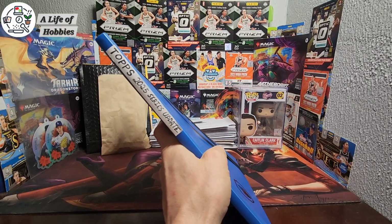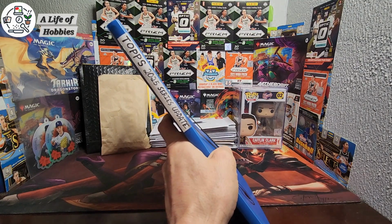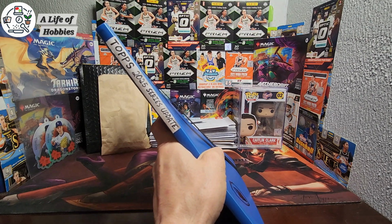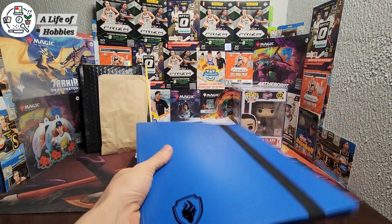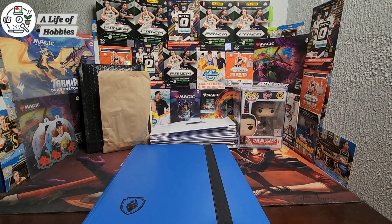Now, as for this last one, this is my Topps 2025 series update, and they actually changed it on me because I made this binder before the set got released, and they changed the name to Update Series. Now in 2024 it was Series Update, but as you can see there's nothing on the front of that, and that's because we have coming up here, as soon as the mega boxes get released, we are going to be doing our $50 bang for your buck challenge, where we spend a whole week opening up nothing but the Update